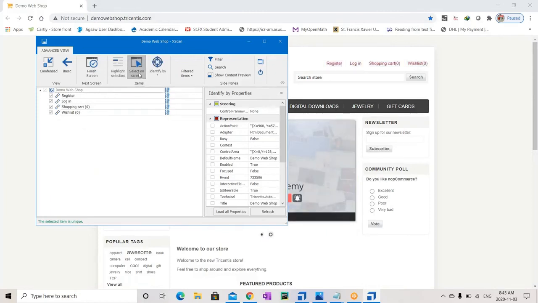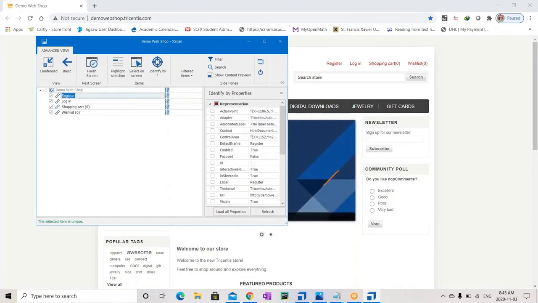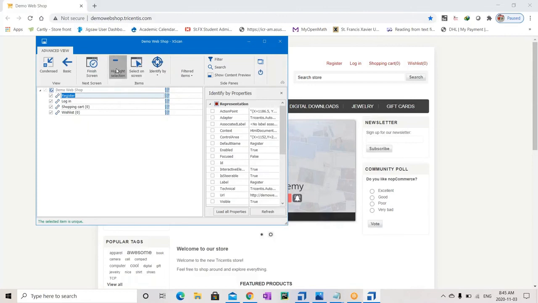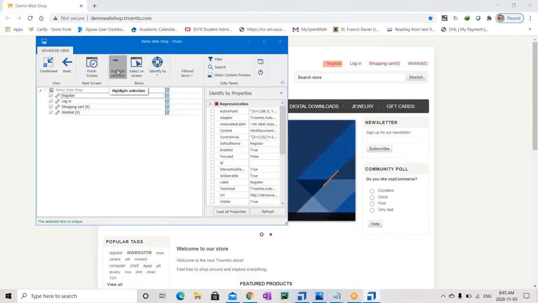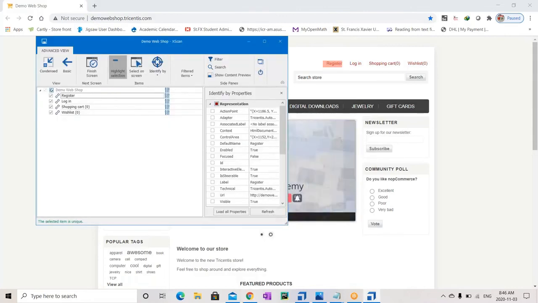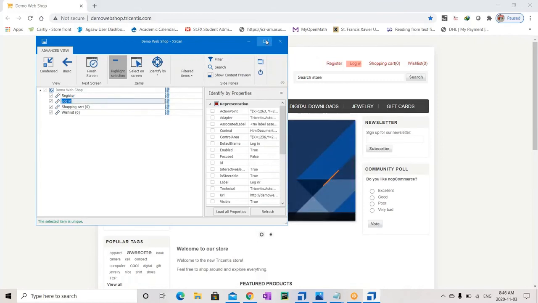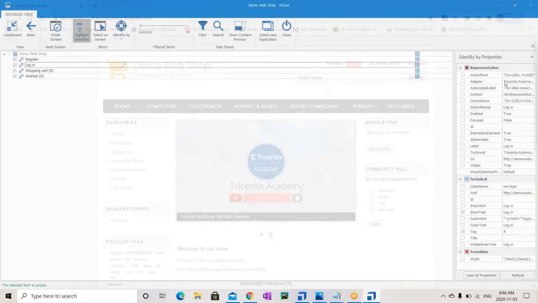Once we are done, click on this back, and if you are having a doubt whether this button is the same one or not, just click on this highlight selection. See, it is highlighting over here. You can see a red color. This is how, and these are the different properties of this particular element.